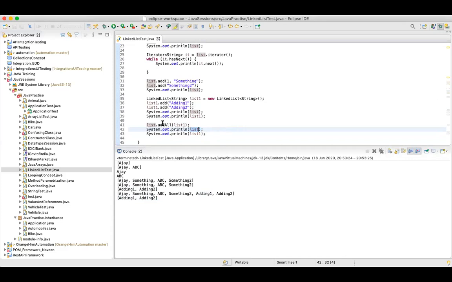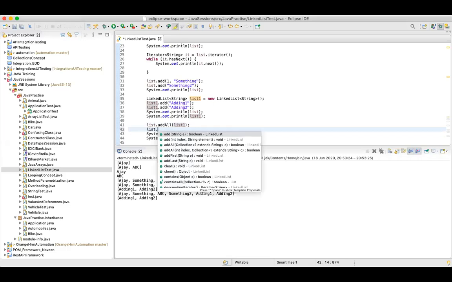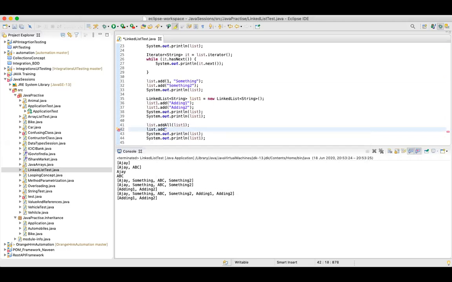So why are we using the addAll method, guys? Let's assume there are 100 elements in list 1. One similar way is you can just add elements using list.add, but you will have to add all the elements manually. If you have 100 elements in this list and want to add all those into the main list, it would be very difficult, right?